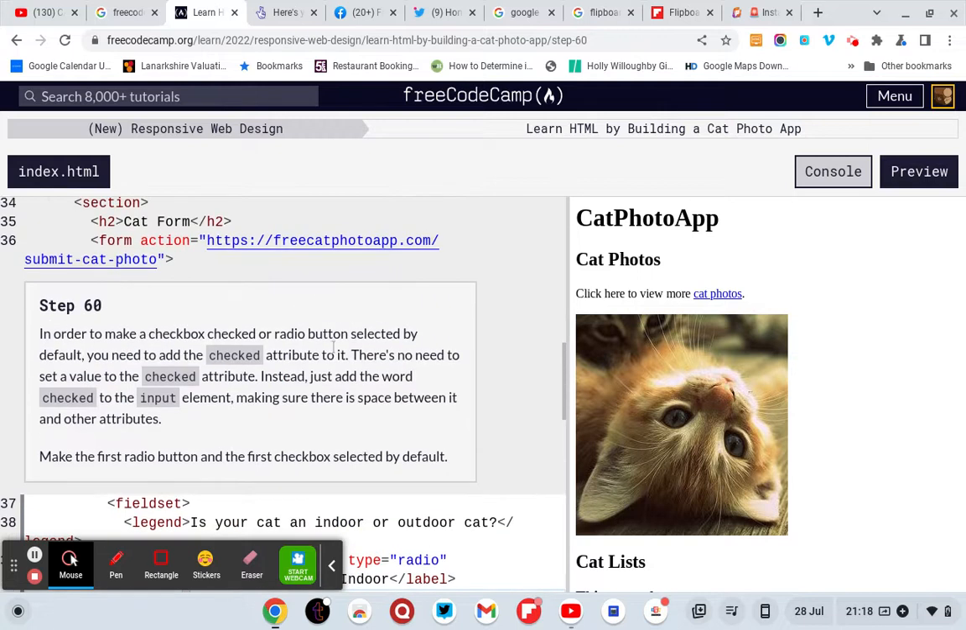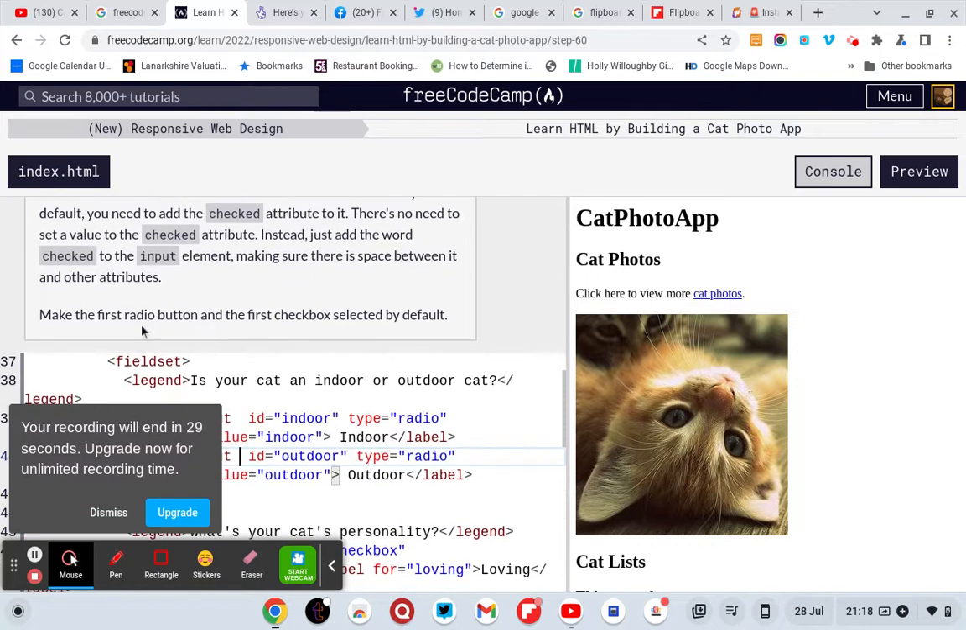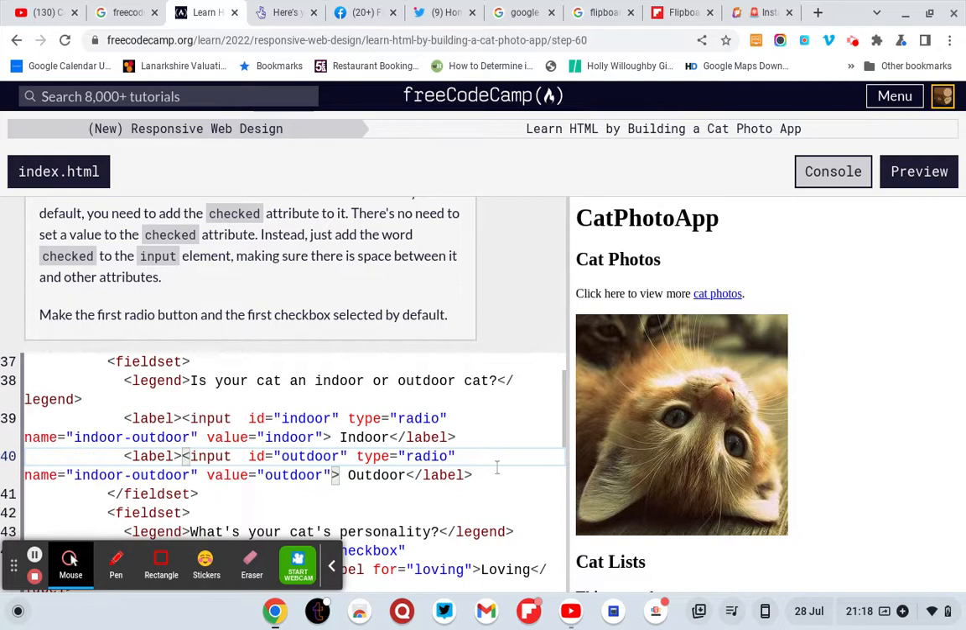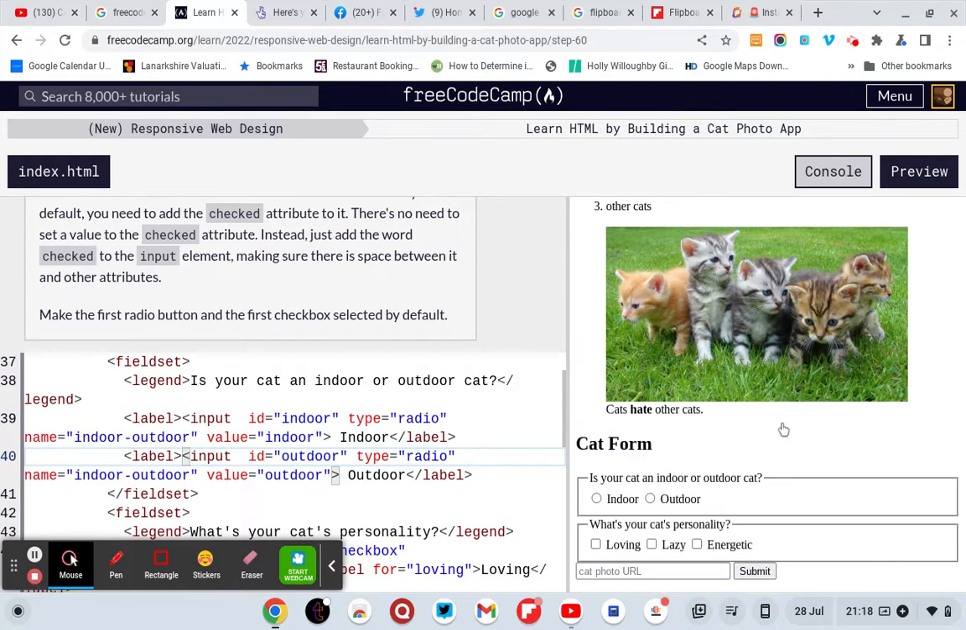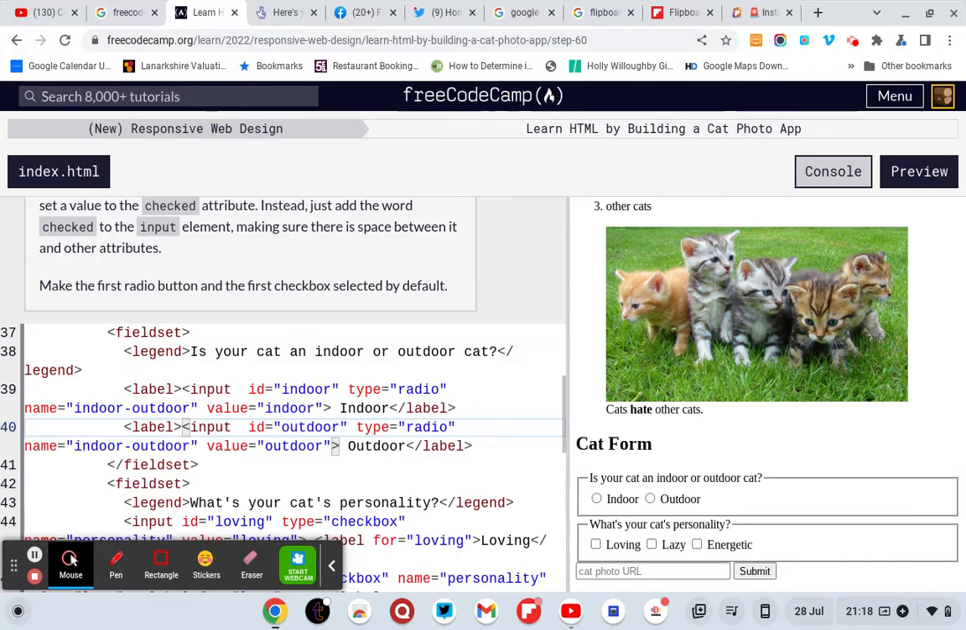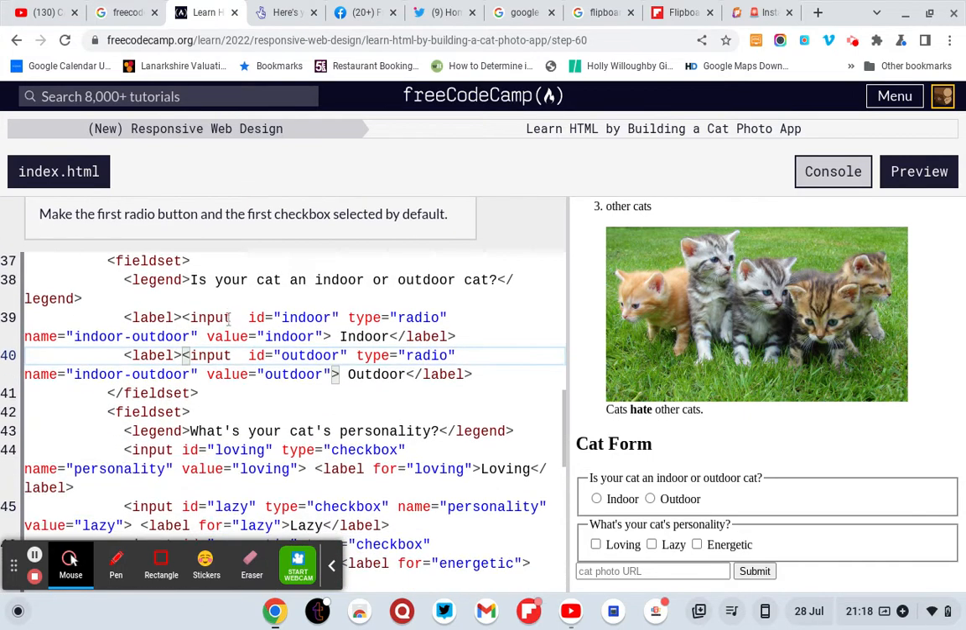In order to make a checkbox checked or radio button selected by default, you need to add the checked attribute. There's no need to set a value to the checked attribute. Instead, just add the word checked to the input element, making sure there's a space between the other attributes. Make sure the first radio button and the first checkbox are selected by default. So, input